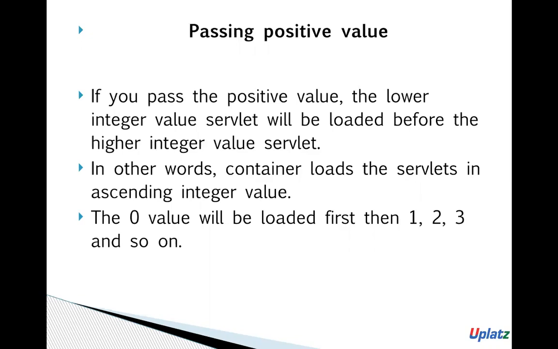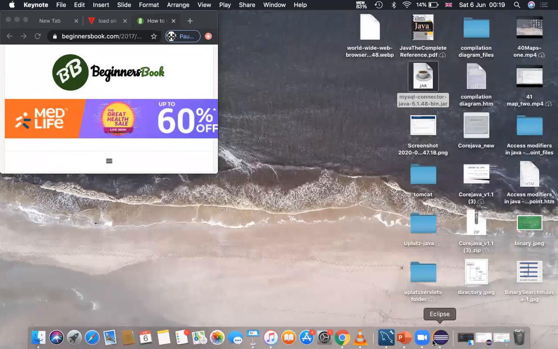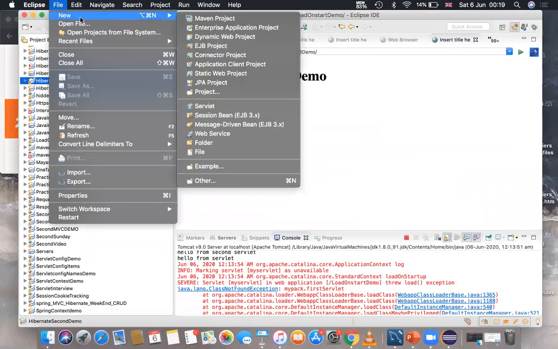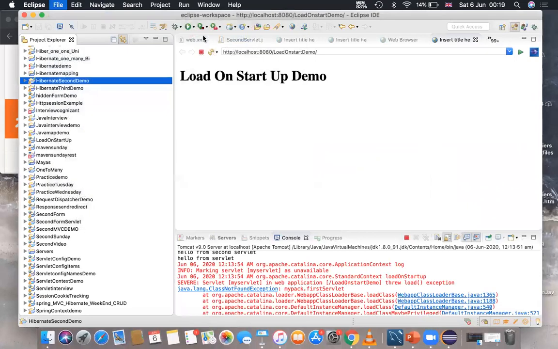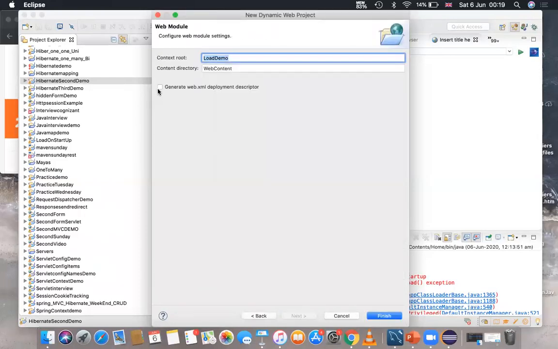So let us quickly move on to Eclipse and do a program so that it will be very clear for you guys. Let me open up Eclipse. Let me start a new project. I'm going to generate a web.xml deployment descriptor.